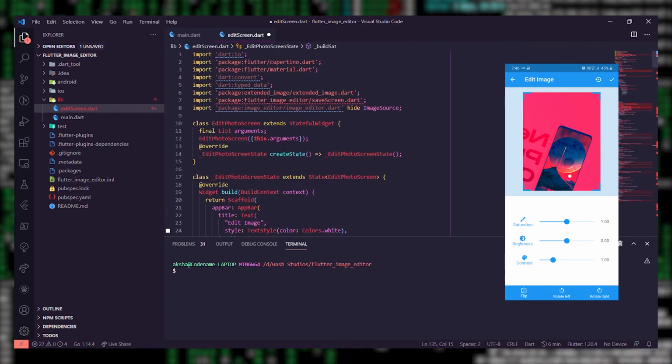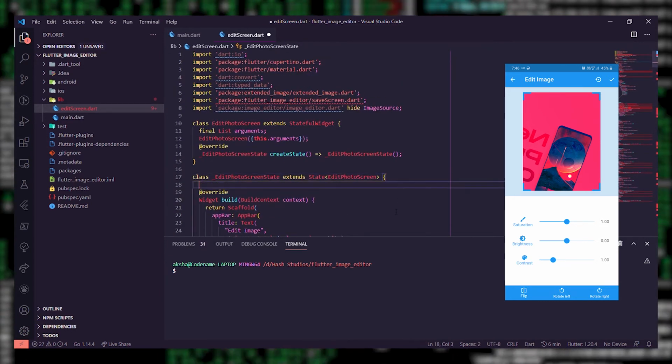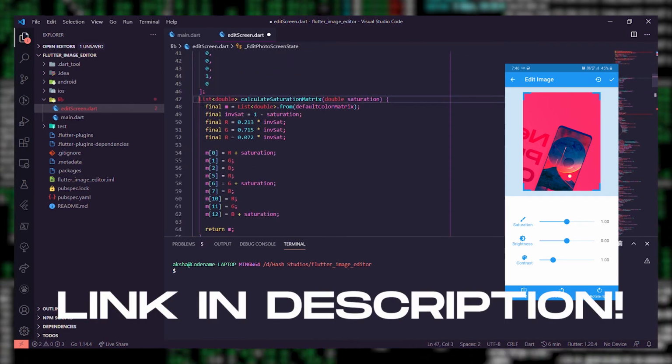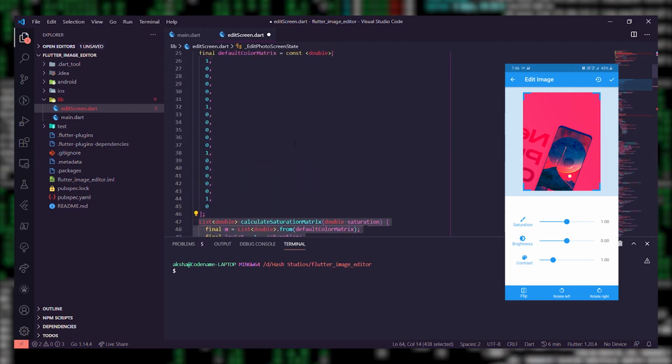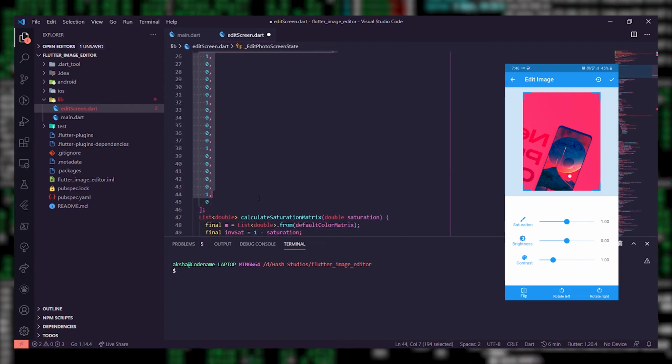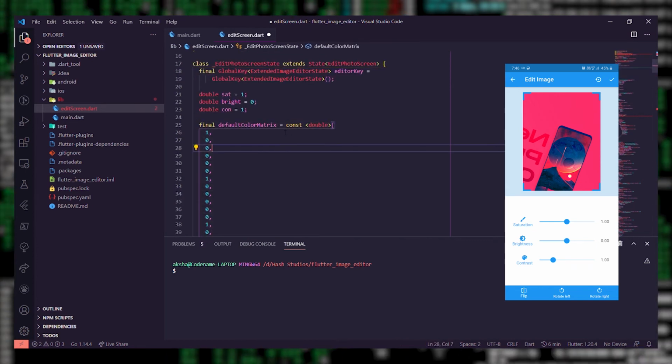Now these functions require you to know how image filters work, and therefore I have linked this amazing video on how these filters work. You can also then experiment with the values here in this matrix to create a different type of effect with each filter.